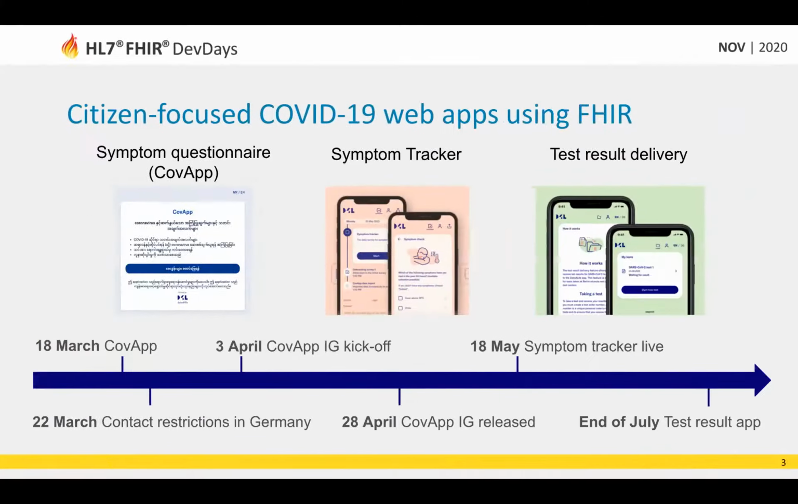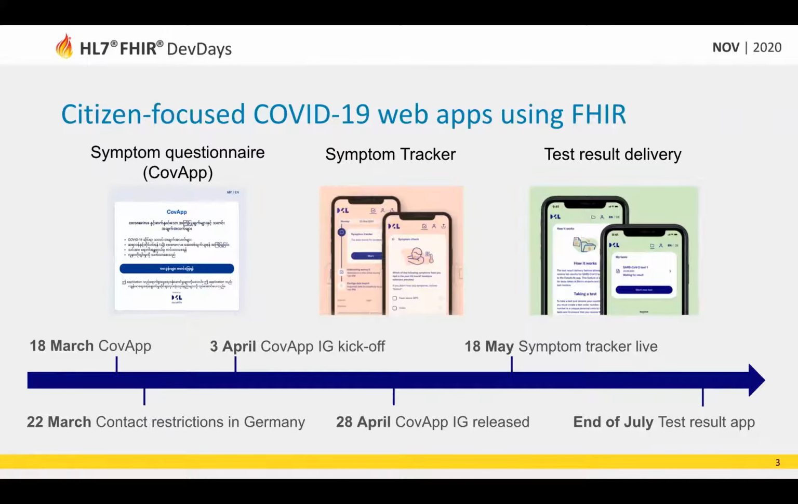And in this whole very dynamic situation, we jumped in with partners and tried to look at how we could make a contribution to respond to this. The first thing we did was a symptom questionnaire app. It's called the COV app. I'll talk more about that later. The first version of that came out in mid of March. This is just before the first round of strict restrictions